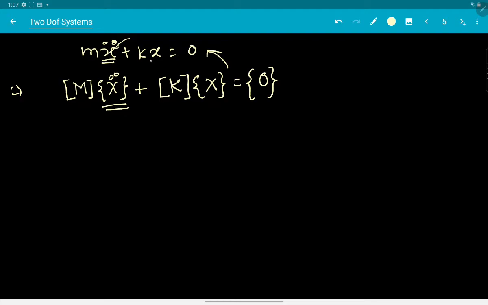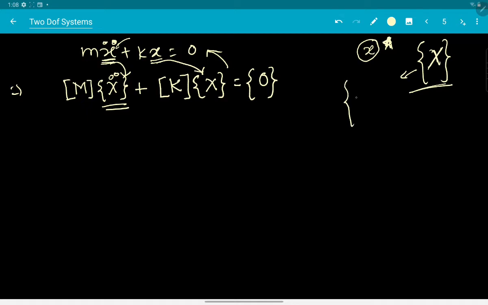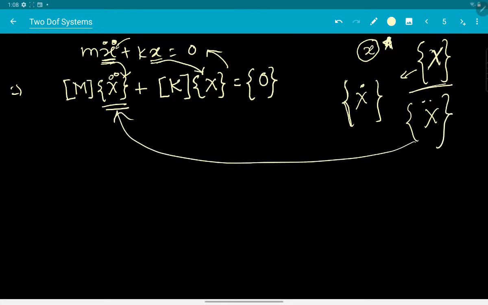So this is exactly analogous to what we have seen in the single degree of freedom system. The only thing is that rather than single variables, we now have a set of variables which are unknowns to us. Earlier we were trying to find only a single unknown variable, which was x. Now we'll be finding a set of unknown variables, capital X. Derivatives of this we arrange again in vector form. So you get x dot, which is the velocity vector, and x double dot, which is the acceleration vector, and the acceleration vector is taking part in this differential equation.